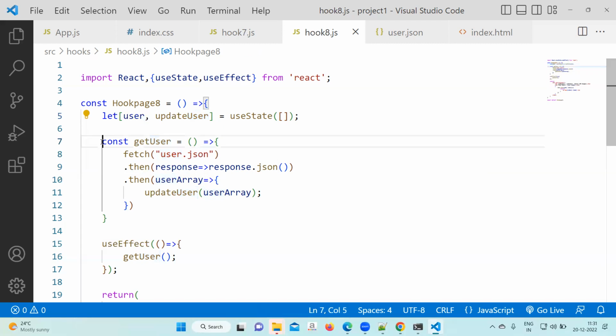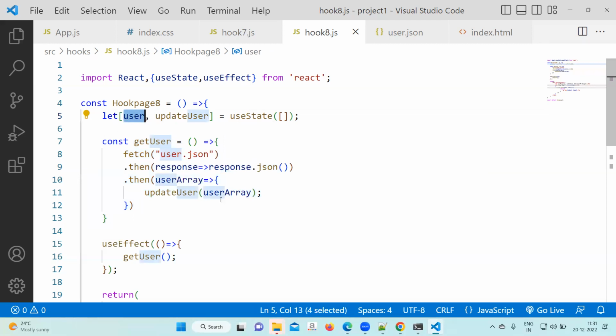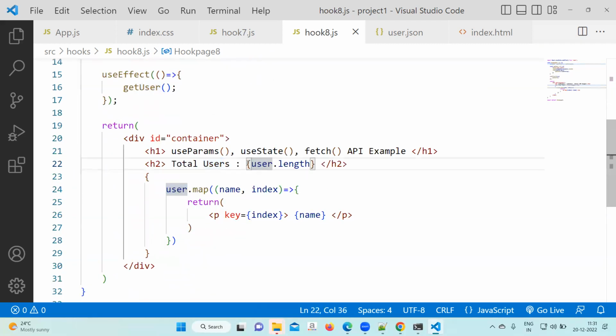This activity is happening on page load. As soon as your page load happens, immediately useEffect will call getUser, which will call the fetch. Fetch will bring the data, give it to updateUser, and updateUser will give it to user. Then from user, you are able to print the length down below. And then as soon as the data goes to the user array,